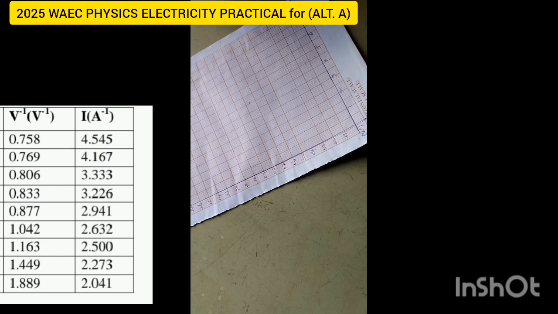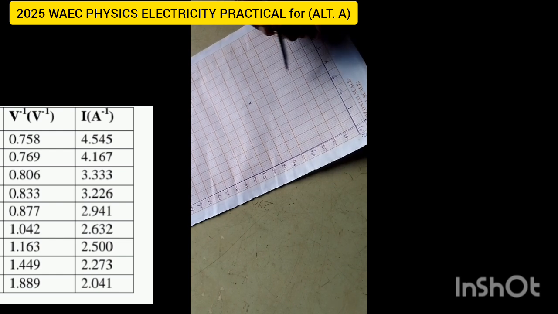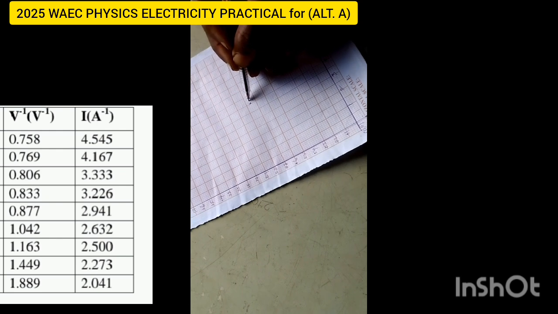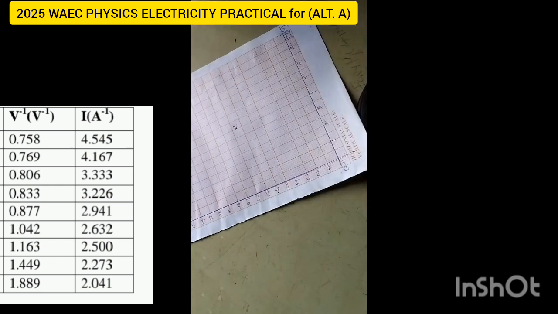The next one is 0.769. That means 0.77 against 4.2. So here is 4 point. That means each line is 4.1 here. We take the second line, 4.2 against 0.77, 0.72, 0.74, 0.76, 0.78. In between, you plot it in between. In between, you plot it there. Now, the next one is